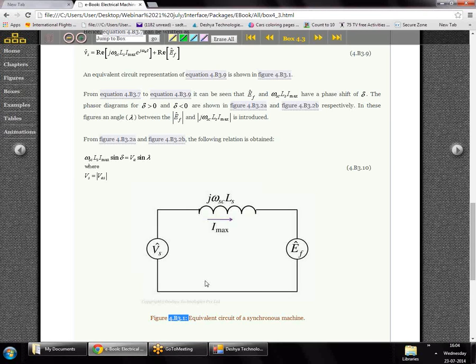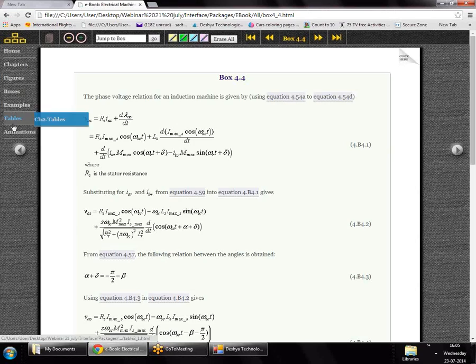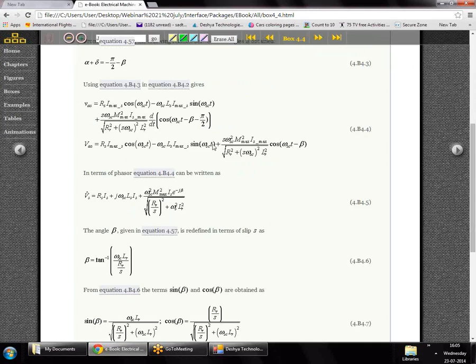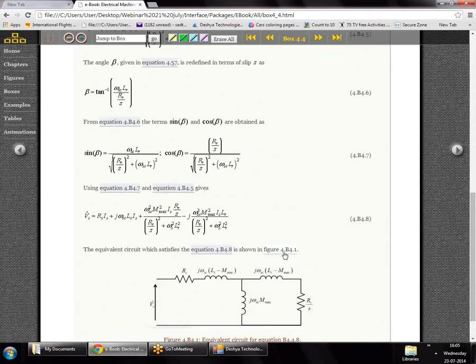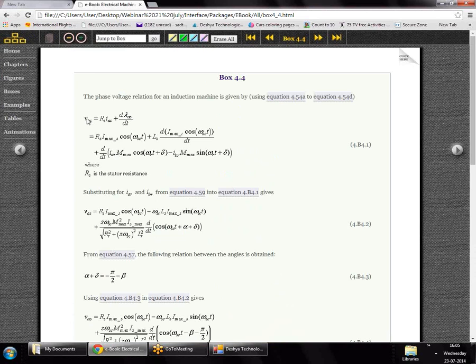Here we have done it for a two-phase machine. For a three-phase machine it's the same because it's the per phase equivalent circuit. So here we see that it's possible to derive the equivalent circuit of the machines from the first principles of flux linkages. And similarly, in this box 4.4, which is again a part of the book, we can see how the equivalent circuit of an induction machine can be derived, and this is again from the flux linkage and